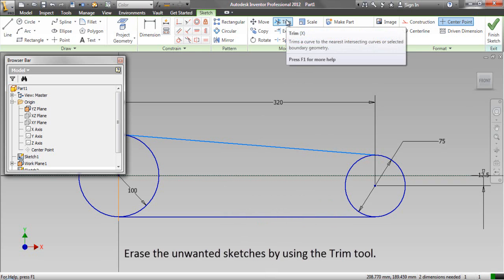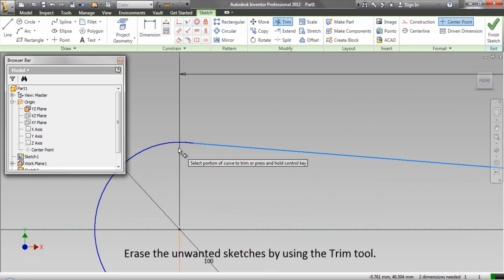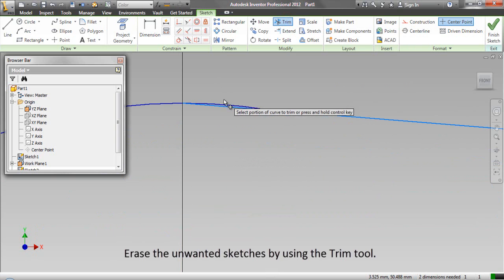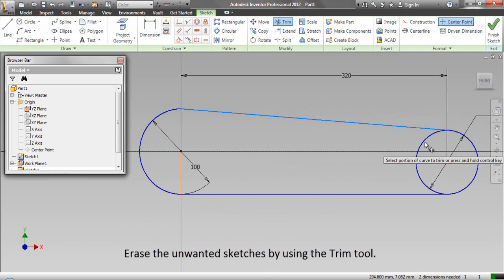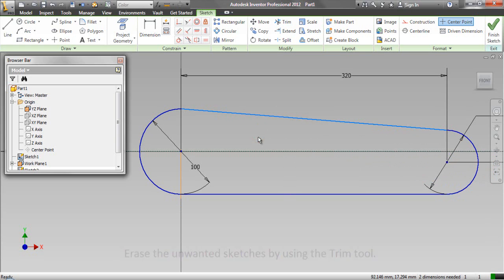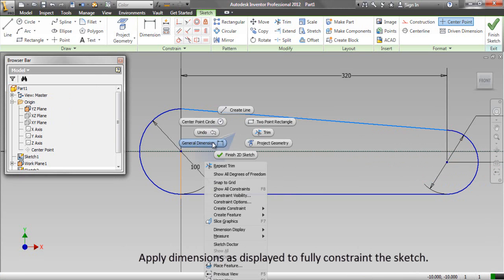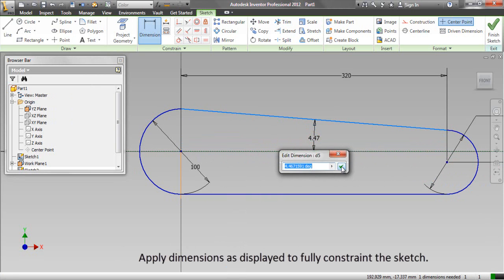Erase the unwanted sketches by using the Trim tool. Apply dimensions as displayed to fully constrain the sketch.